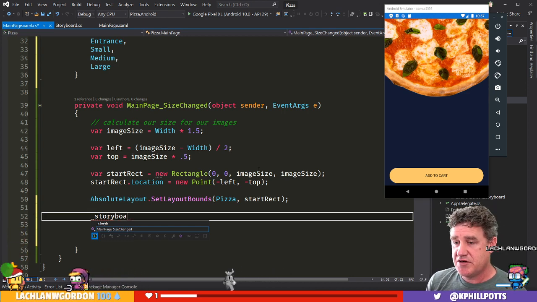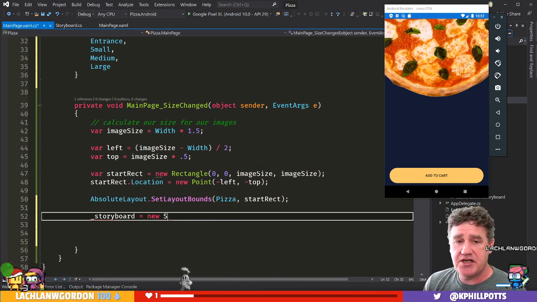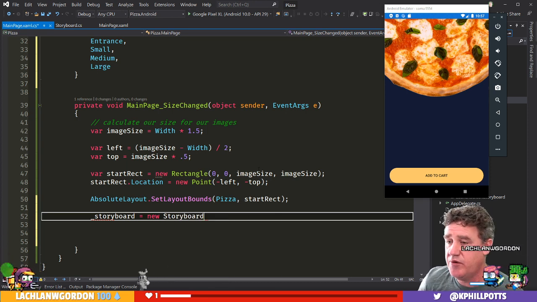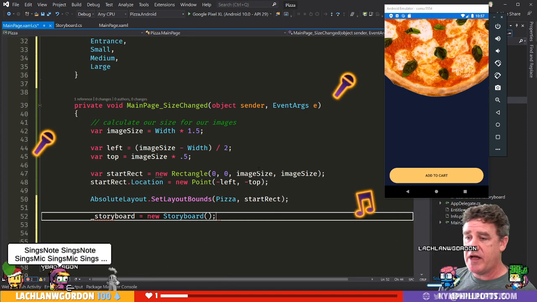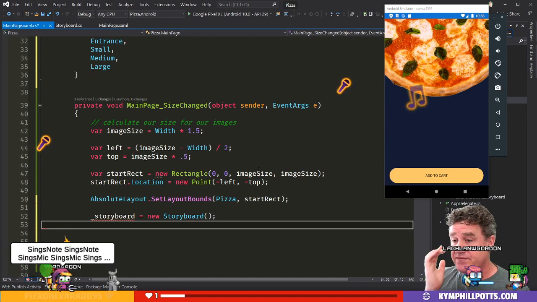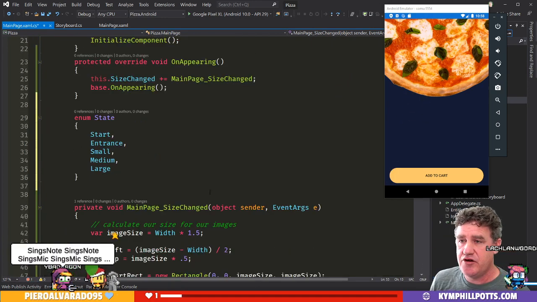All right, let's create a storyboard. So actually, Glenn Stevens is one of the people who convinced me that storyboards is the way to go for animations. I kind of knew that anyway, but